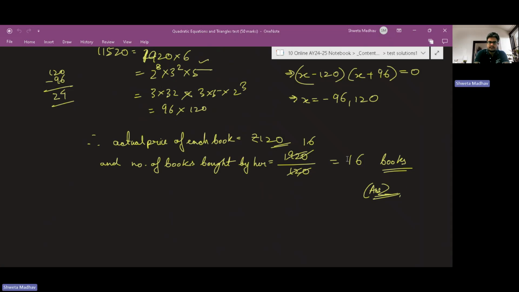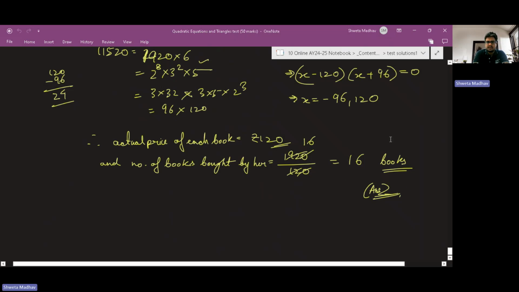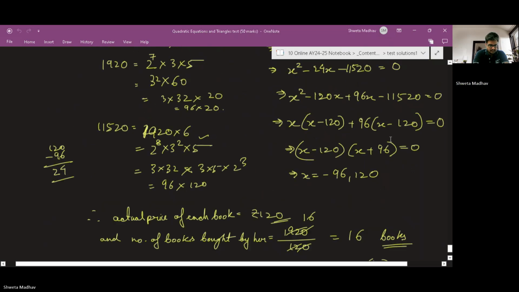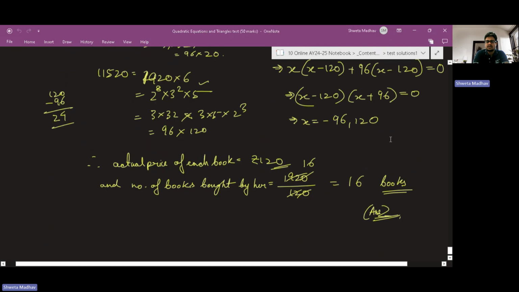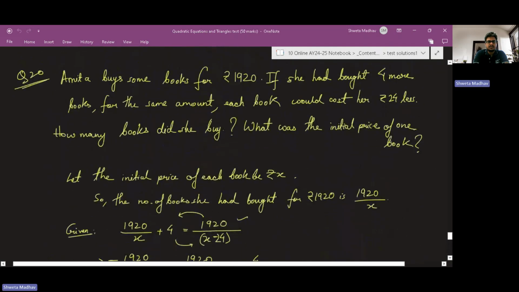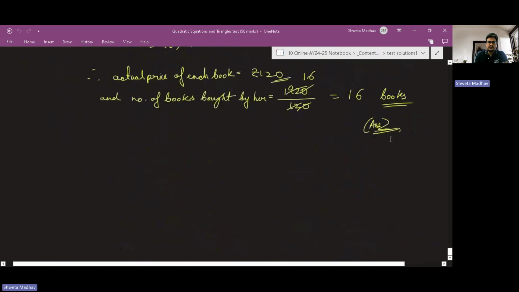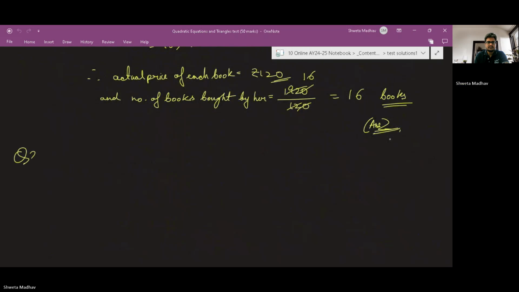Okay, so 16 books and rupees 120 is the actual price of each book. We have understood. Question number 20. So in question number 21,